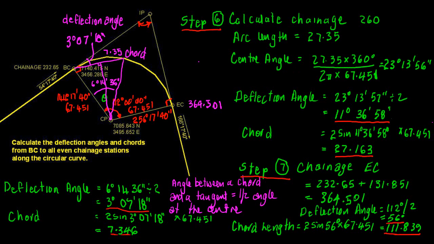There's another one that we need changing, so I'm just going to do that. Okay, so there we are. We've changed that one to 23 degrees 13 minutes 56 seconds. We're going to divide that by 2 to give us the deflection angle, 11 degrees 36 minutes 58 seconds. We then take the sine of the deflection angle, multiply it by 2 and by the radius, and that gives us 27.163. So there we are. We have the deflection angle and chord for the chainage of